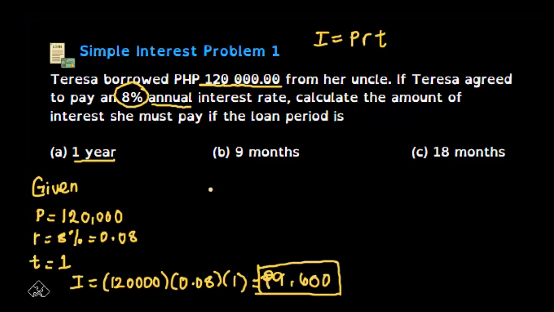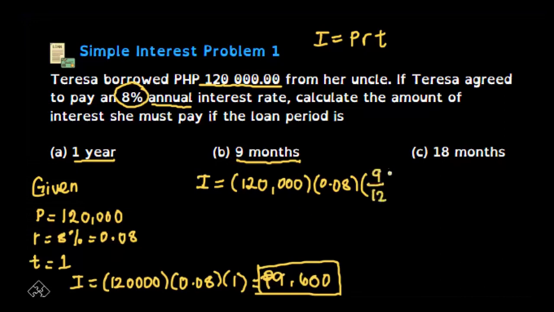Alin kaya yung mas malaki, yung 1 year ba o yung 9 months? Tignan natin. So, gagamitin ulit natin ng mga given. This time, I will be using this formula na lang and substitute all the given values. So, meron tayong P na 120,000. Also, we have 0.08, parehas na naman ng interest. And, ang pinagkaiba lang nila is yung time. So, paano natin isusulat or i-represent yung time dito? So, there are 9 months, no? At sa isang taon, merong 12 months. So, we can write it as